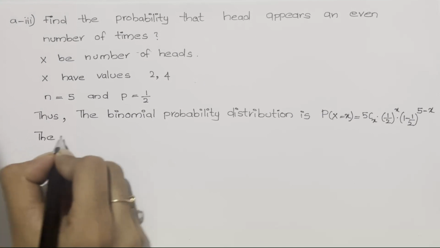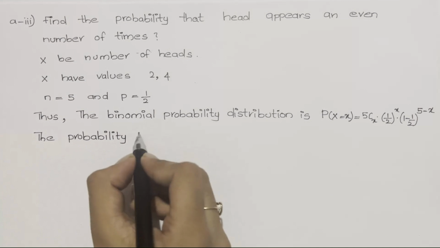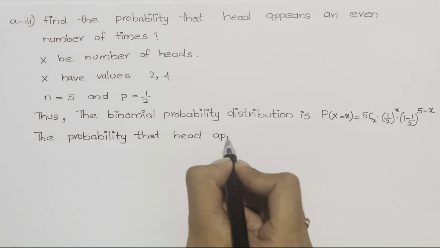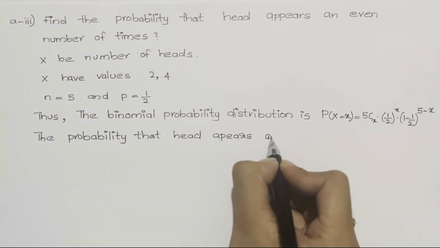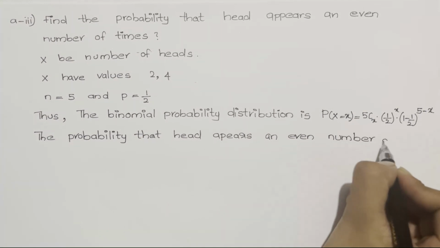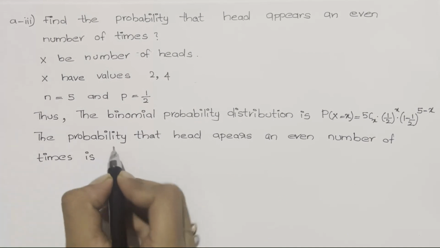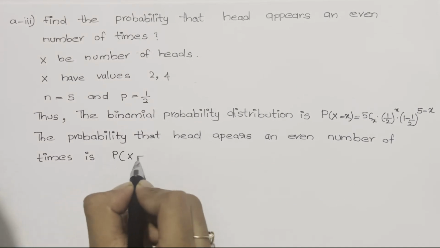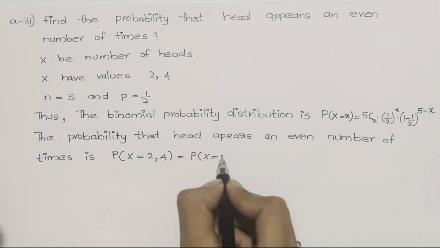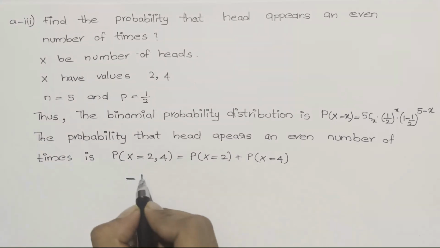Then the probability of head appears an even number of times is P of X equal to 2 or 4 equal to P of X equal to 2 plus P of X equal to 4 equal to